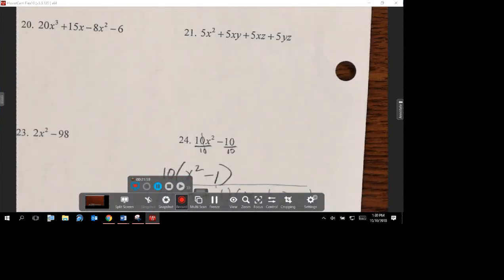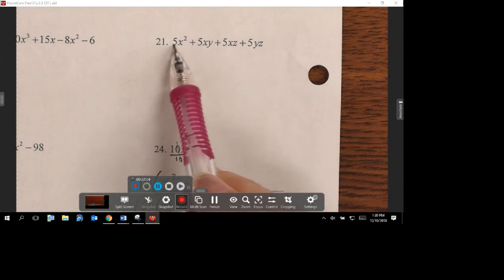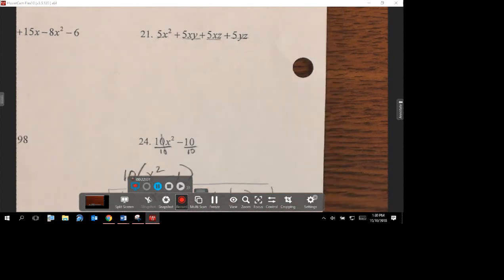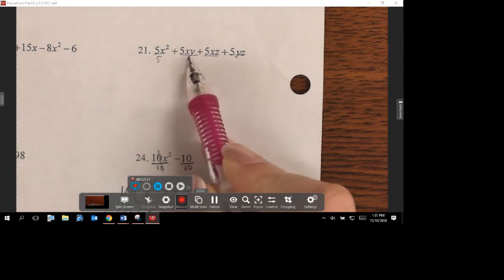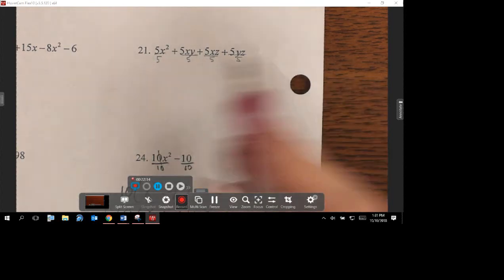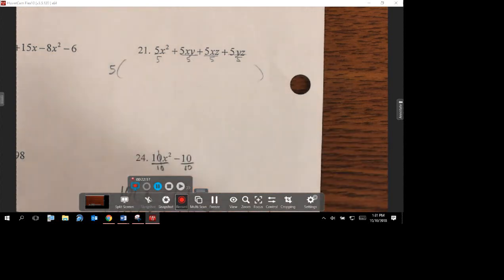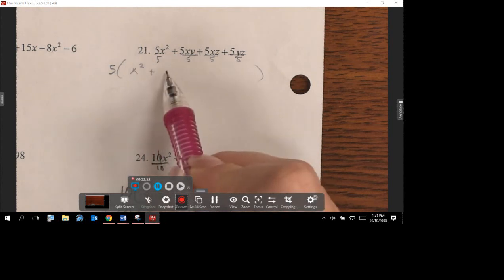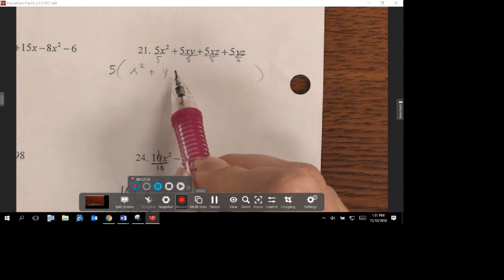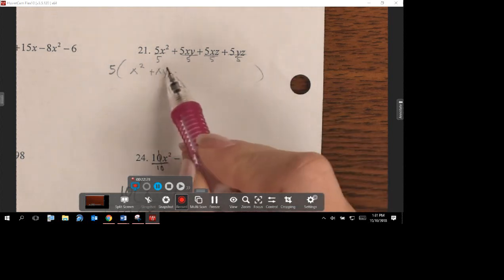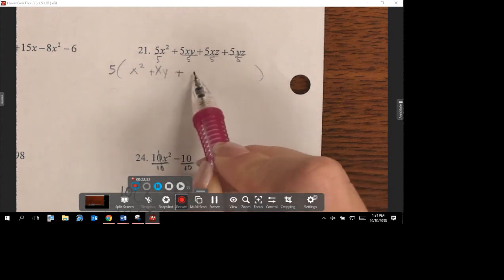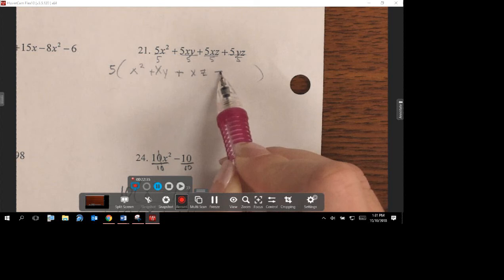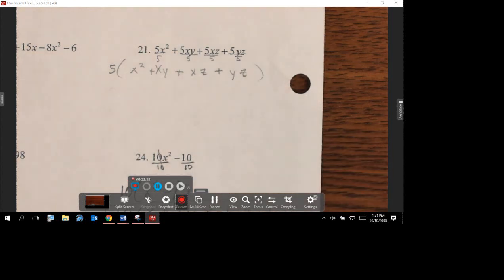Okay, so number 21, what is our very, very first step of factoring always and forever? Is there a greatest common factor? So my very first step is I'm going to take out that 5. And I have left over x squared plus xy, that's what I said, plus xz plus yz. And then we look inside our parentheses and we say, that's 4 terms,